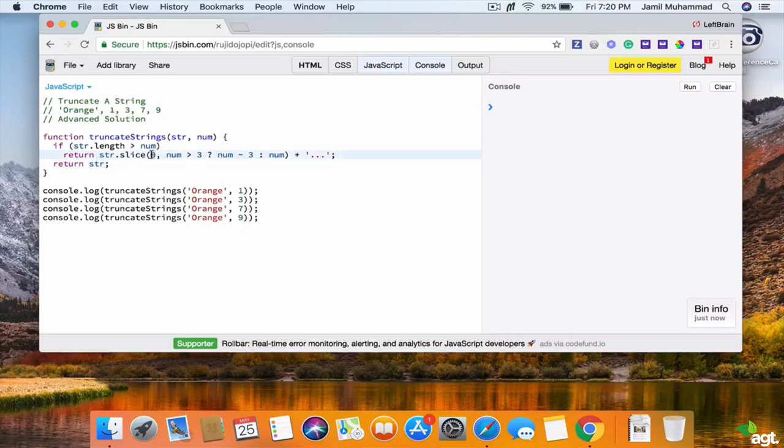and with our context number 0 here for our first argument, so it will begin at 0 and then it will be sliced. So it will be sliced if the number is greater than 3. If this is true, then num will be subtracted by 3. And so for example, let's say if the number is 1,